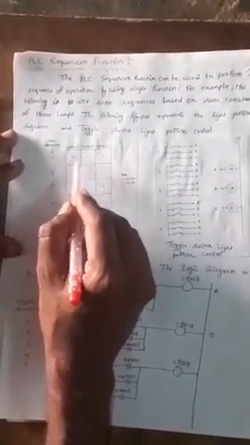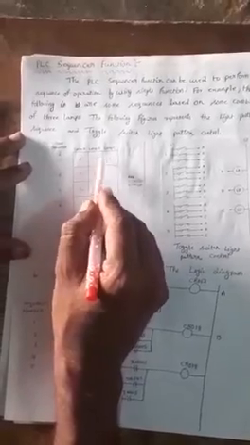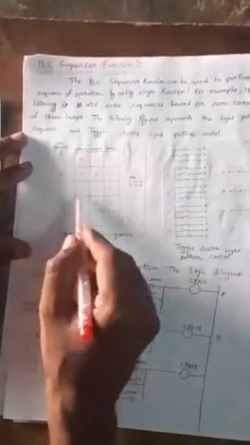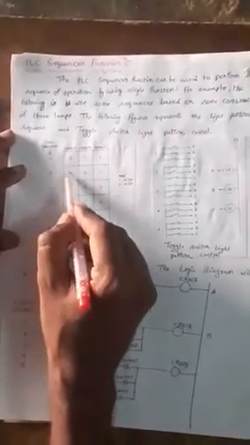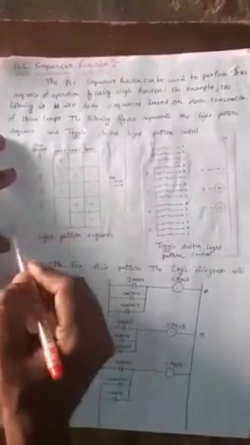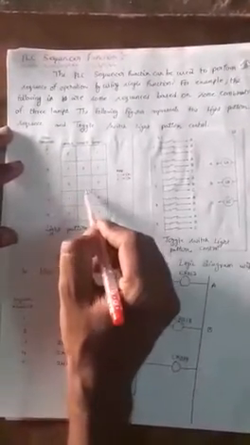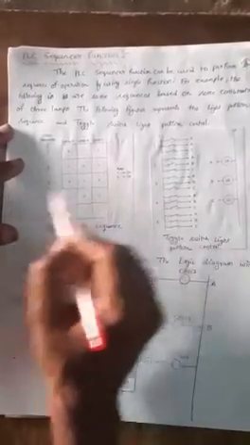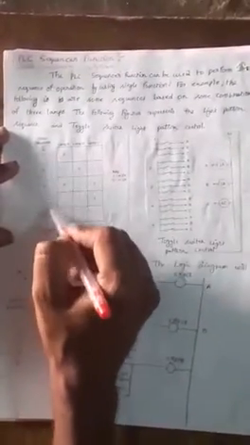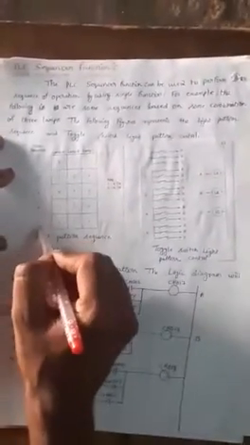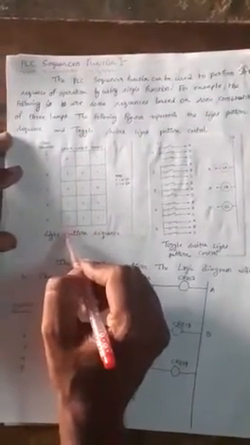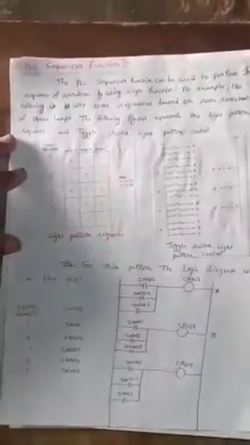That means 0 1 1. That means first lamp A is 0, lamp B is on, and lamp C is on. Similarly for the second sequence, lamp A is on, lamp B is off, and lamp C is on. For the third sequence, lamp A is off, lamp B is on, and lamp C is off. For the fourth sequence, lamp A is on, lamp B is off, and lamp C is off. And for the fifth sequence, lamp A is on, lamp B is on, and lamp C is on.